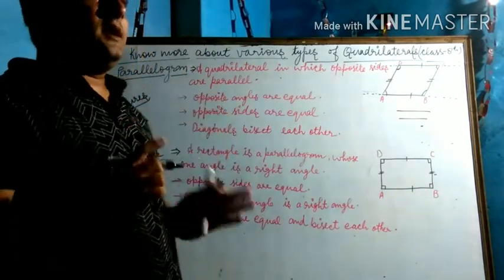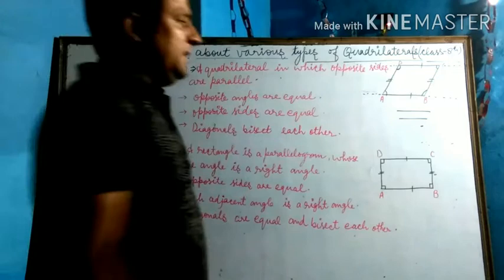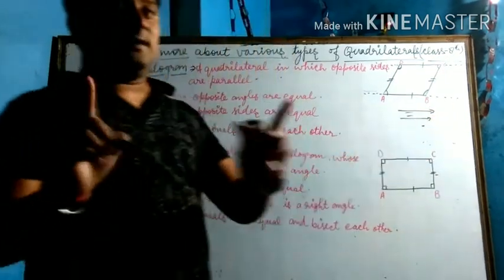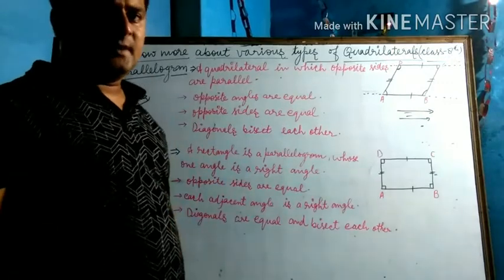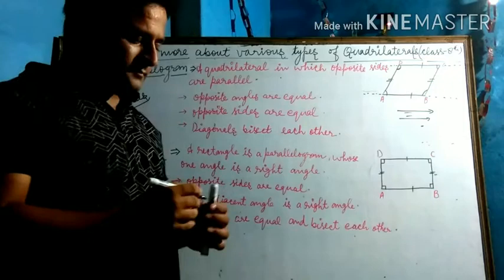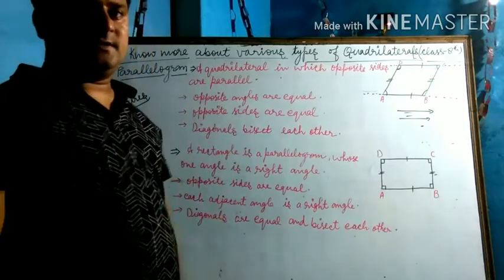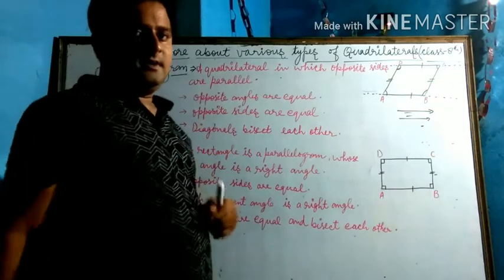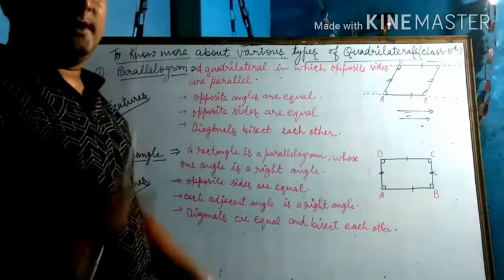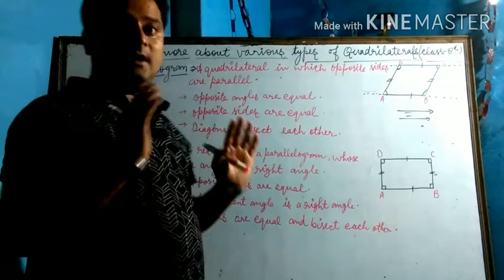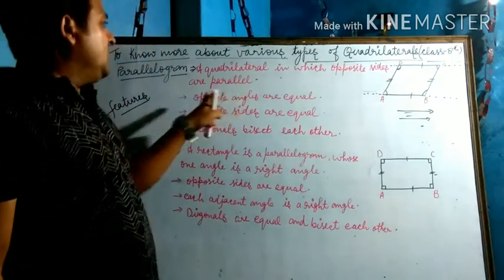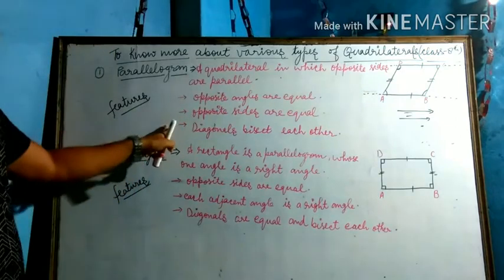And the river banks, where water flows, this one and this one, they never meet. Canals. So these are some examples of parallel lines. Understand? This is practical mathematics, not just rote learning. Just set maths in your mind, not read it. Just imagine in your mind. So there are some features.